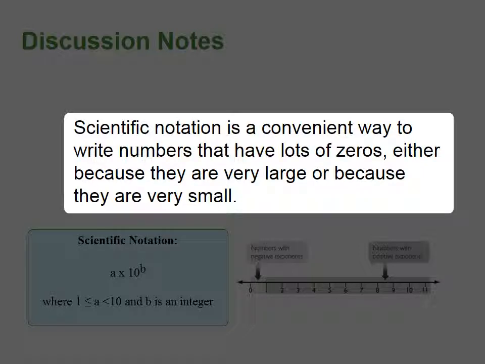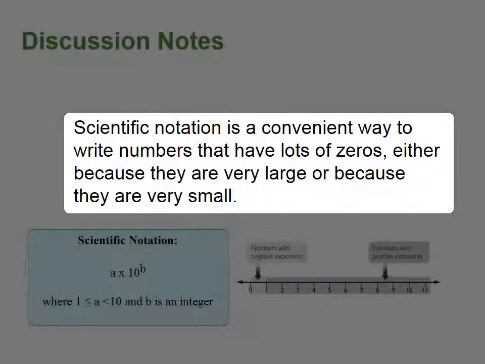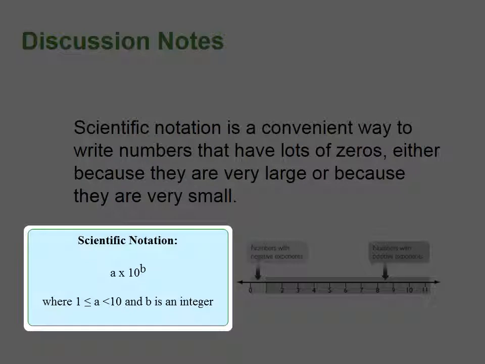Scientific notation is a convenient way to write numbers that have lots of zeros, either because they are very large or because they are very small. Scientific notation keeps track of where the decimal point should be in any given number. Please remember that when writing in scientific notation, it must follow the form a times 10 raised to the power b, where a, the leading number, is less than 10 but greater than or equal to 1, and the exponent